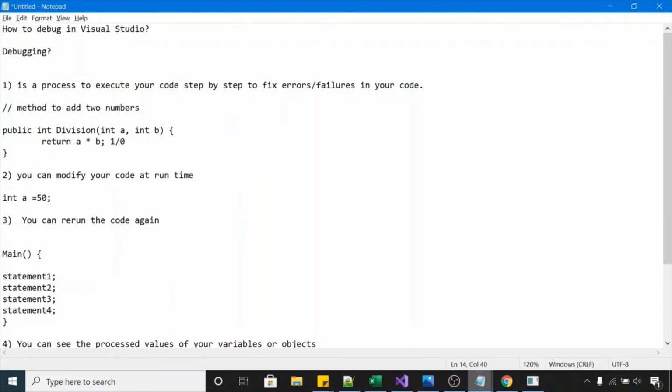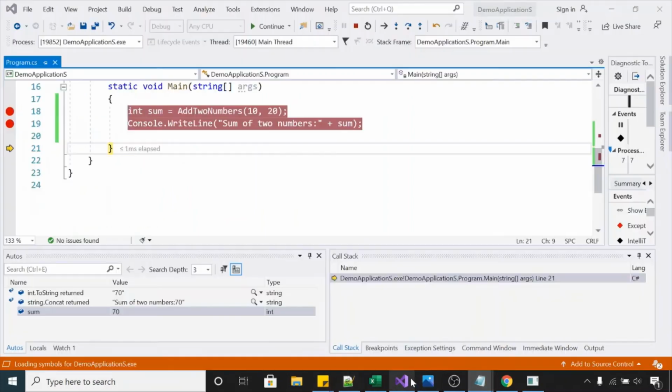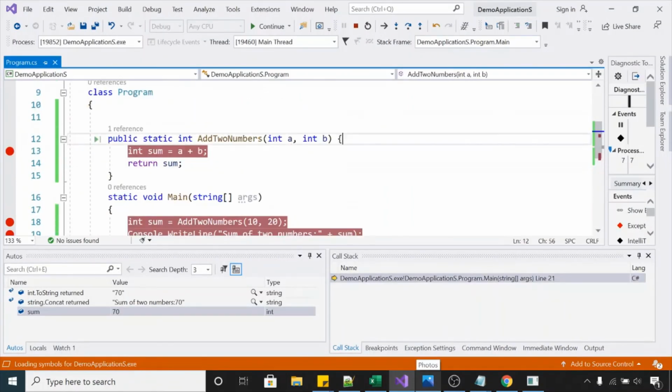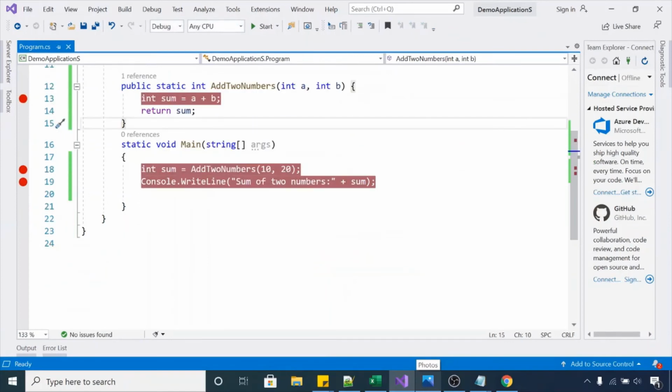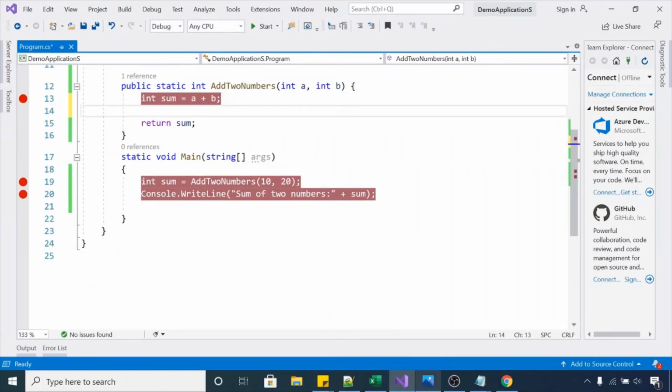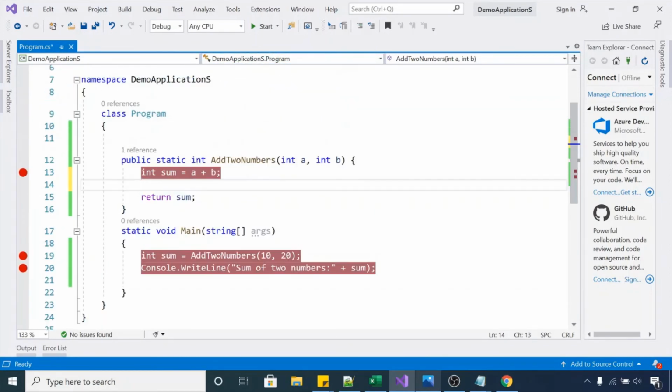Now the next benefit of debugging is that you can rerun the code again. Let me show you a demo to understand how you can rerun code that is already executed. Let me use the same demo again. Let's suppose in this method, add two numbers, I am adding some additional number to sum.